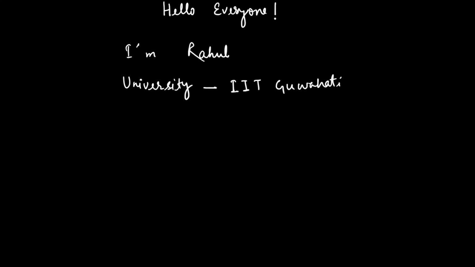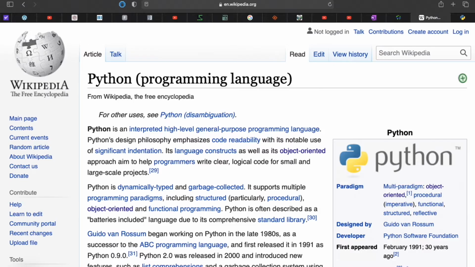basics of Python. So this may not be for the people who are in advanced coding, but is very useful for the beginners. And the advanced coder may also visit this to brush up their basics. So what is Python? It's an interpreted high-level general-purpose programming language. In the last video I already explained what is interpreted, and this high level language I'll explain to you at the end of this video.